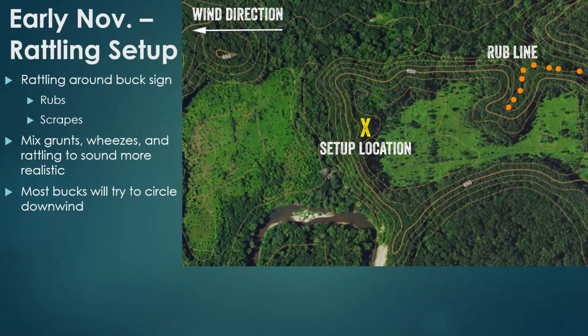Now, there's a couple schools of thought with rattling. The first thing is, don't overdo it. You're going to hear people rattling pretty much constantly throughout deer season on public ground, so you don't need to overdo it. I like to mix a lot of grunts, wheezes, as well as other sounds. And so if you think about what